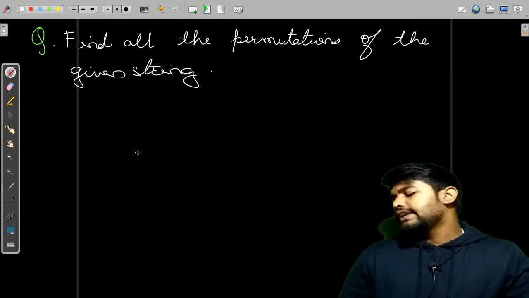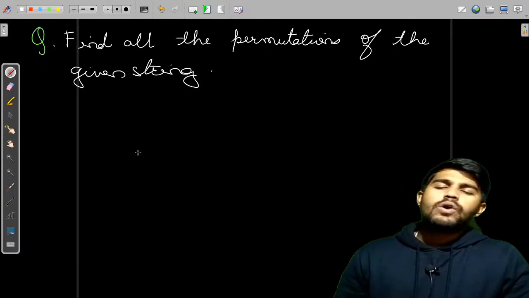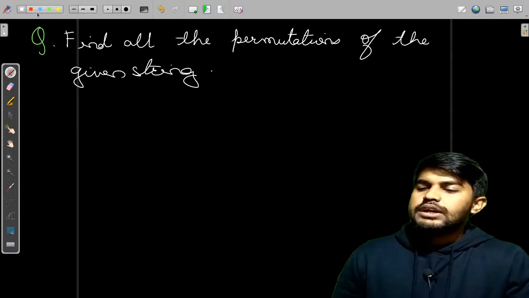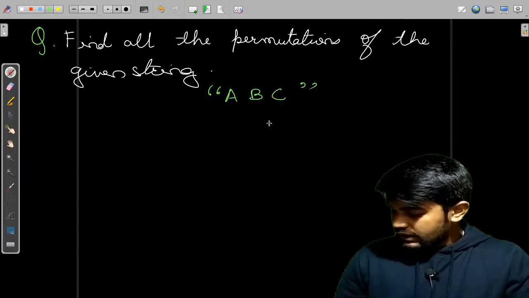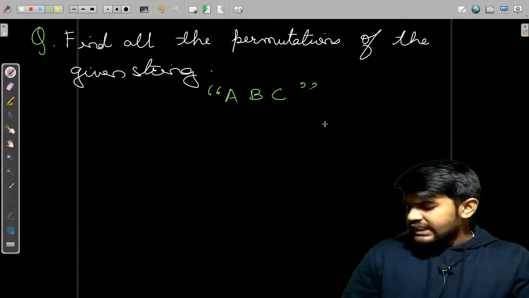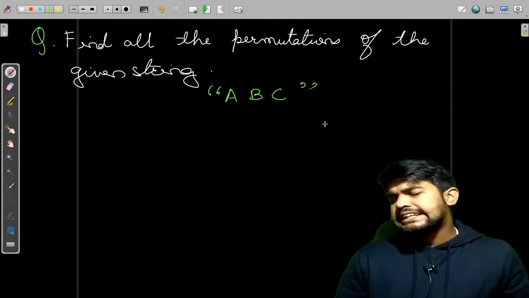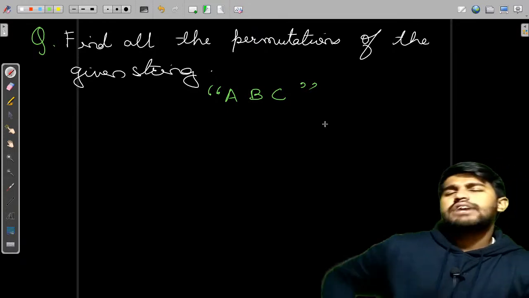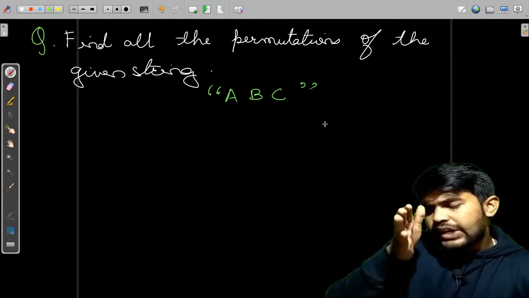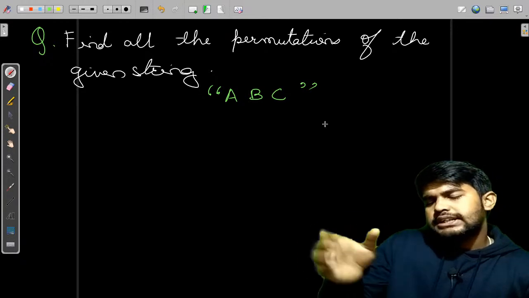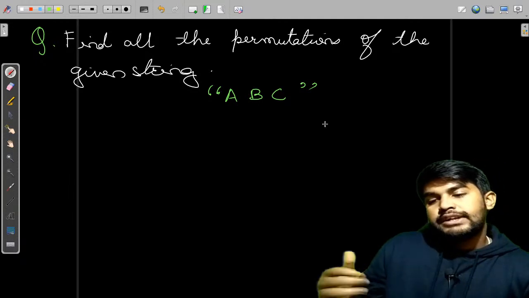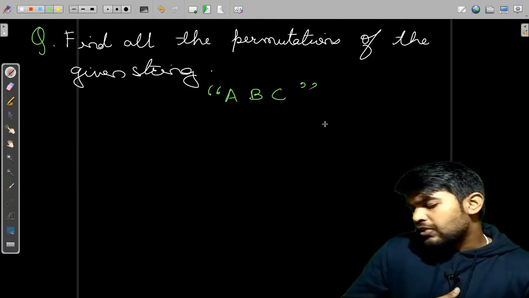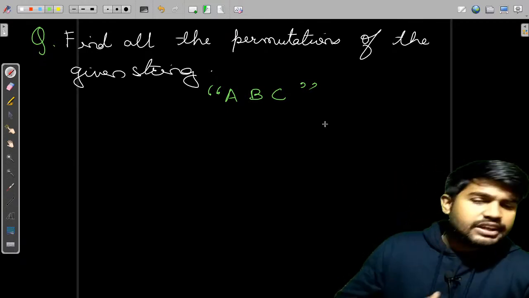Okay, so we are given a string and we need to find all the permutations. Let's suppose the given input is A, B and C itself. Can we write backtracking iteratively? No, we can't. Why? Backtracking is the way that we move in a particular direction. If we can reach the solution, we register it and then come back. But if that is not the case, then we need to try all possibilities, and trying all possibilities iteratively is not feasible.